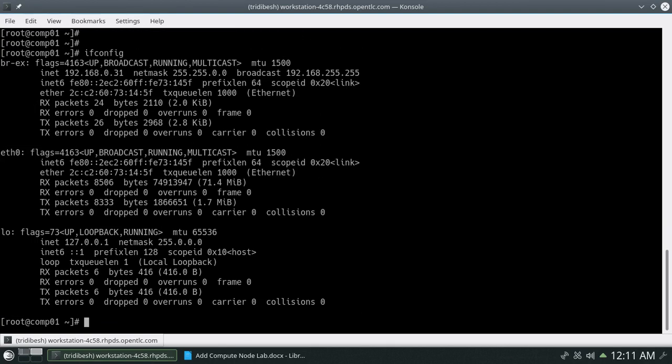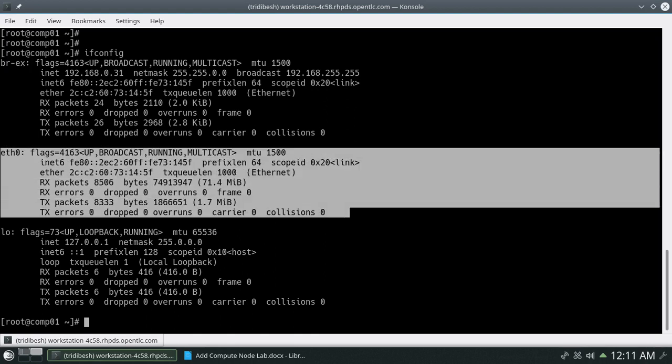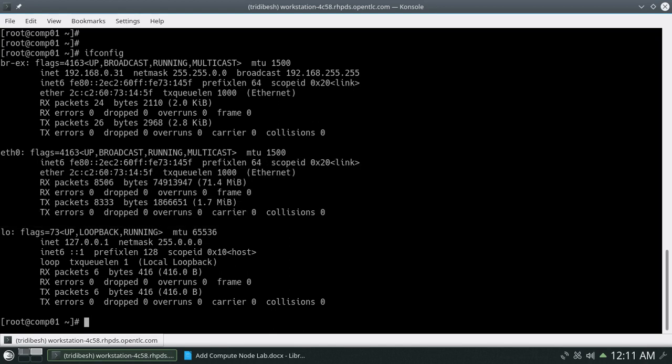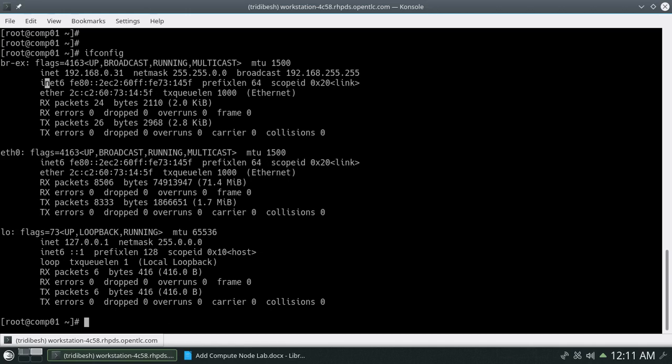This is the IP we are seeing. If you see here now, instead of eth0, the IP is assigned to br-ex. That's the bridge interface, whereas eth0 doesn't have any IP assigned. You can see this inet field is empty, whereas for the bridge interface it has been added.